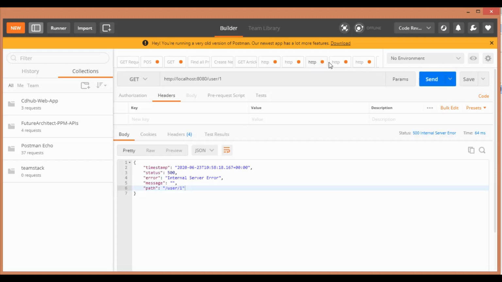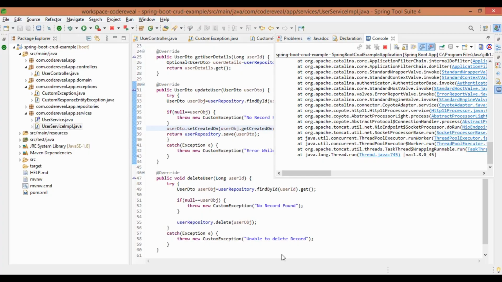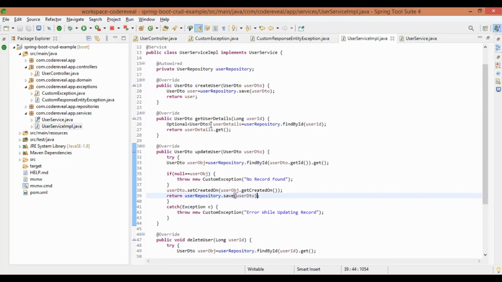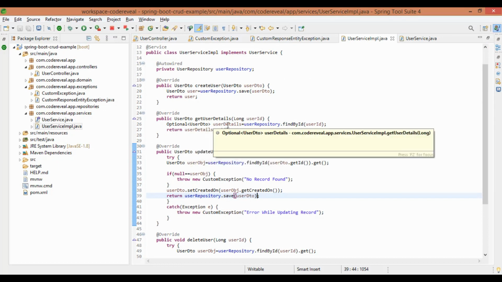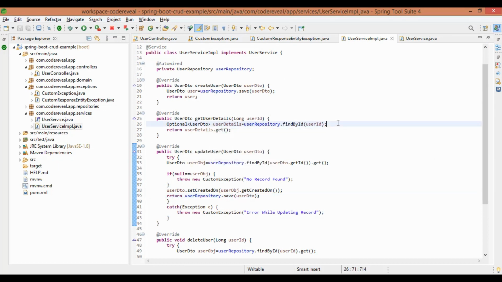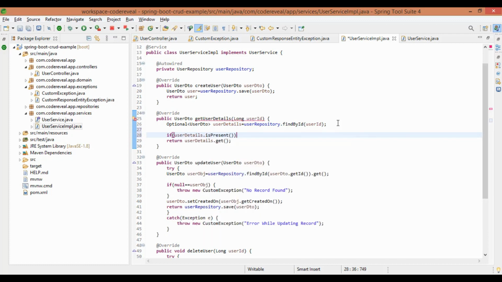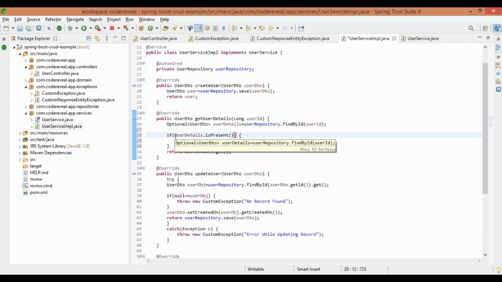You are able to see that when we pass an incorrect ID for the get API, we are getting some exception. Let's fix that also. If the user details in the optional object is not present, then we can throw an exception.